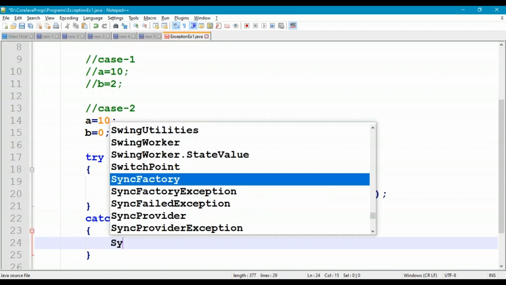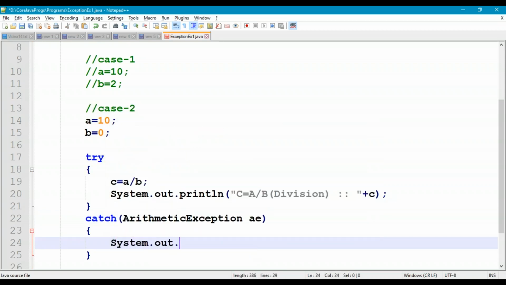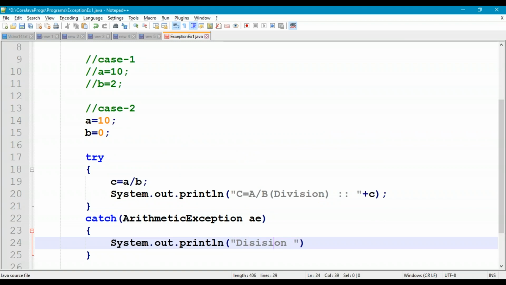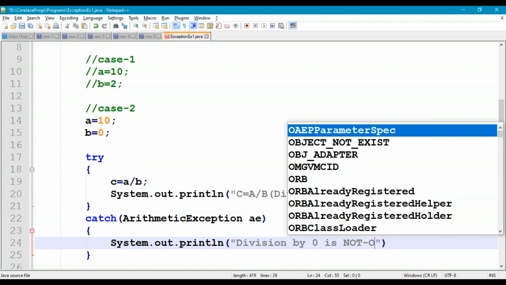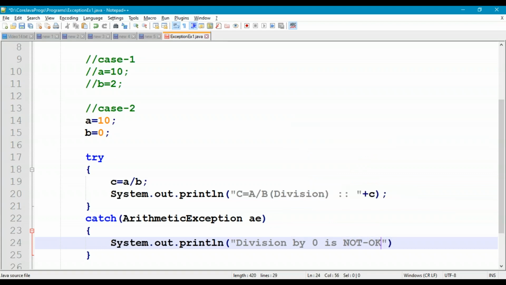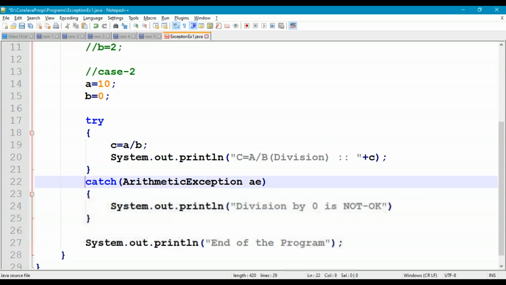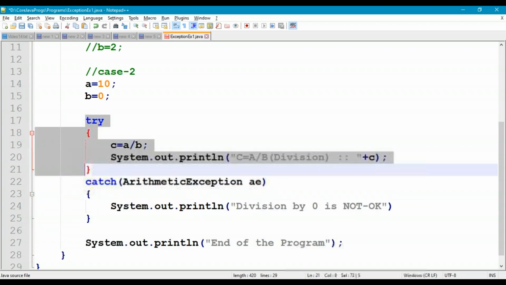Here we'll say System.out.println and give our message: division by 0 is not okay. This is our message. And after this, we'll also get the end of the program. So this is normal execution with exception using try and catch block.